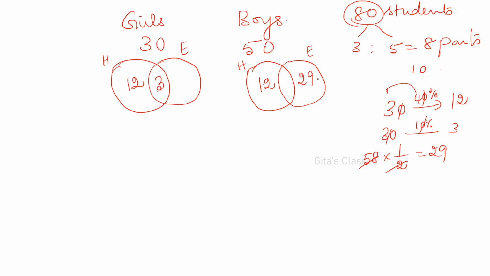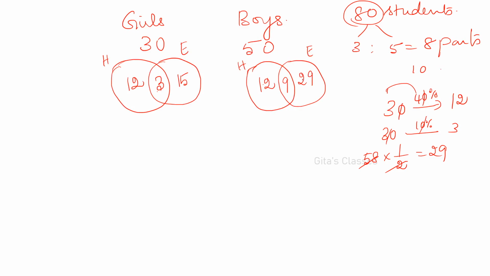Right? Understood? Now remaining, can you fill up? Here there are 30 total, that is all the 3 places together, it is 30. Now 12 and 3 are filled, that is 15. So 30 minus 15, therefore it is 15. Now in between, 12 and 29 are over. Now this part you have to fill up. We know the total is 50. So total minus 29 plus 12, so 41. So 50 minus 41, this is 9.